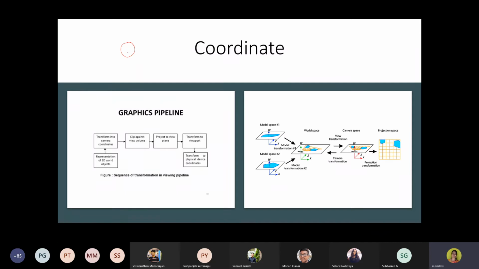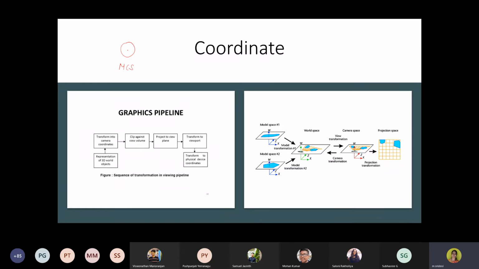You know what information should be there, what geometrical properties are required for drawing a sphere. It requires x, y, z values and a radius r for drawing the sphere. So this object value, whatever you are considering, is called an object coordinate, or you can call it a modeling coordinate system.